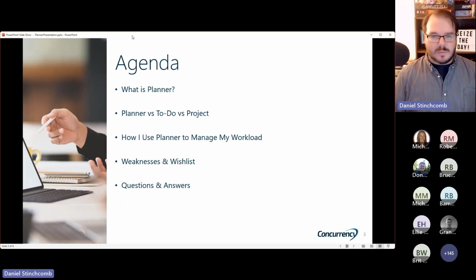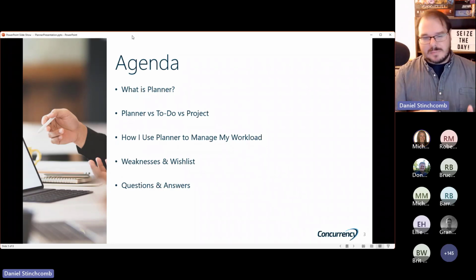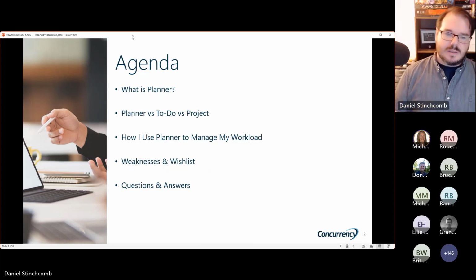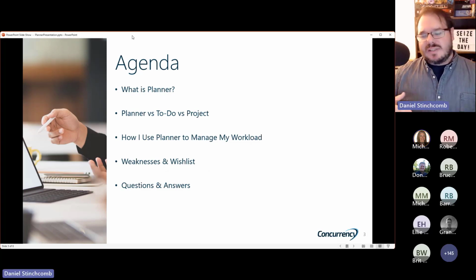So kind of walking through what we're going to go over in the next hour. We'll start with what Planner is for those of you who may be unfamiliar with it. We'll look at some of the comparisons between some of the other task management projects out there that tend to get wrapped up in the M365 stack. I don't have Lists on here because it's not necessarily a like tool. And then we'll dive into the case study. How do I use Planner in my day-to-day